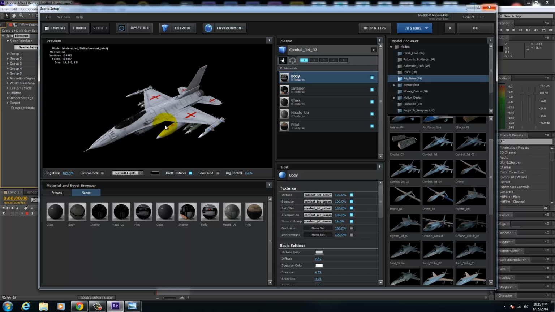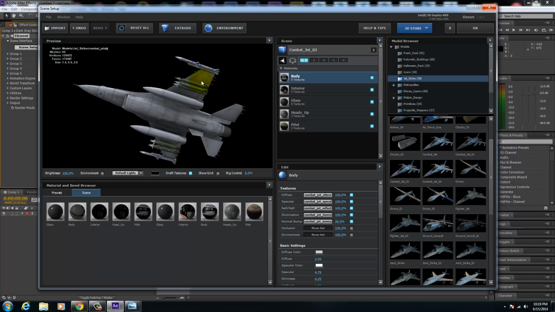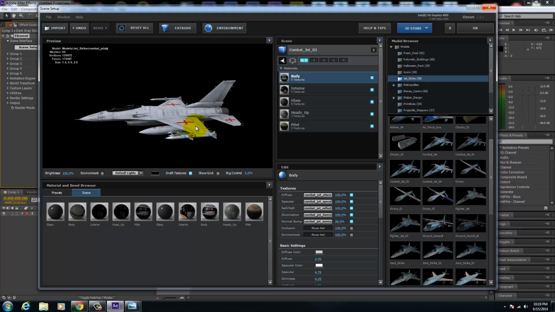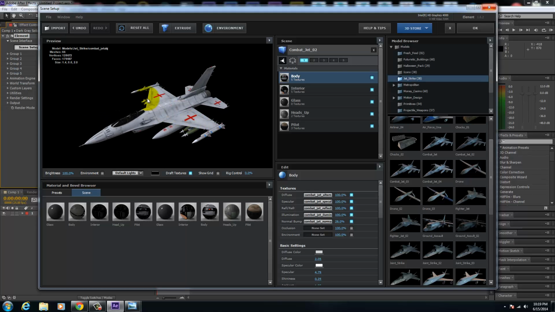But this is a very simple way of adding your own sort of things to your comp. And